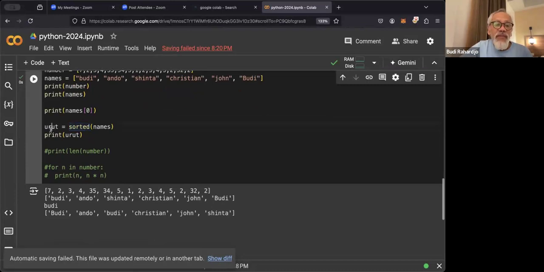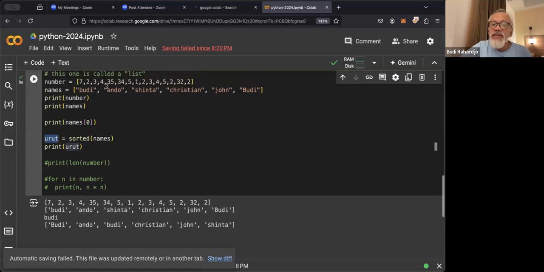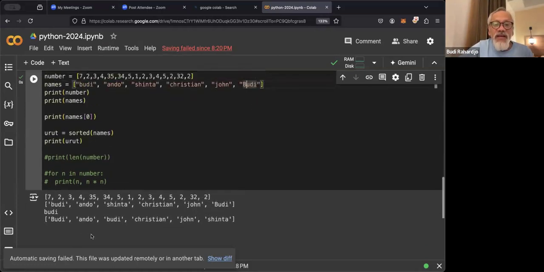I have a variable now called urut, which is actually a sorted version of this. Because a capital B in the computer is considered before all the lowercase, in here you can see Budi, with the capital B, is sorted earlier compared to that one.